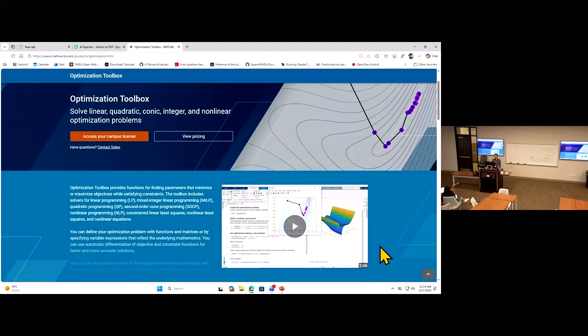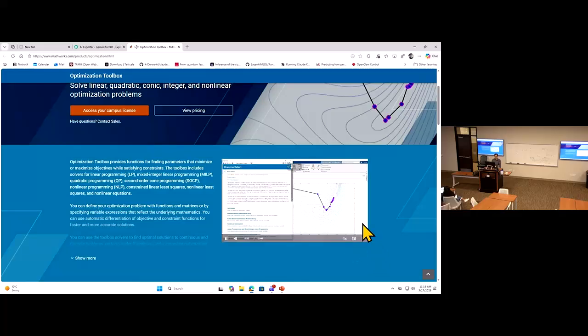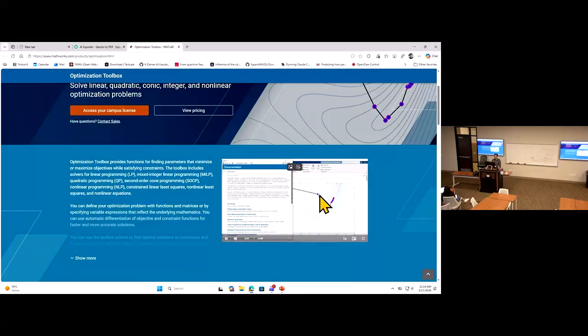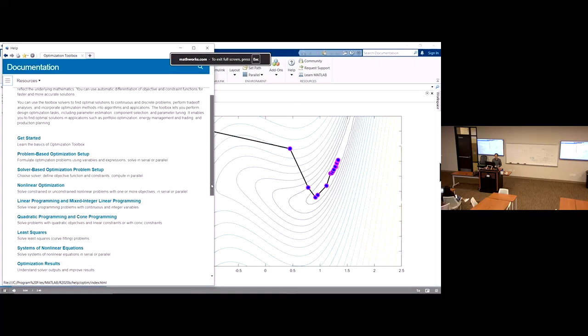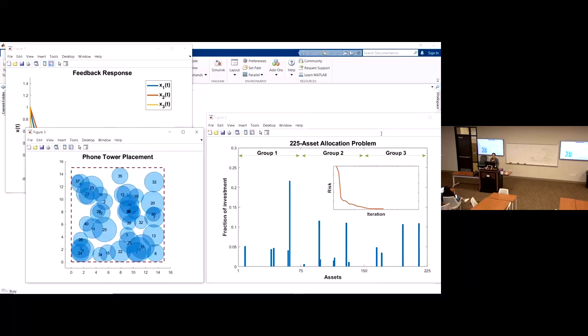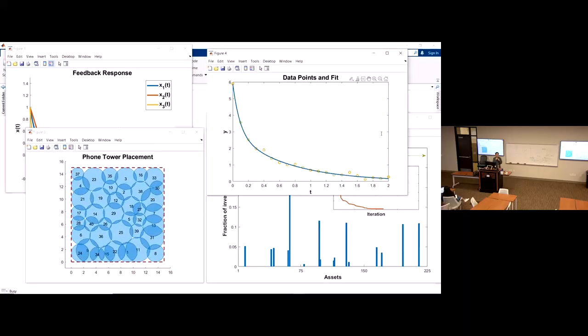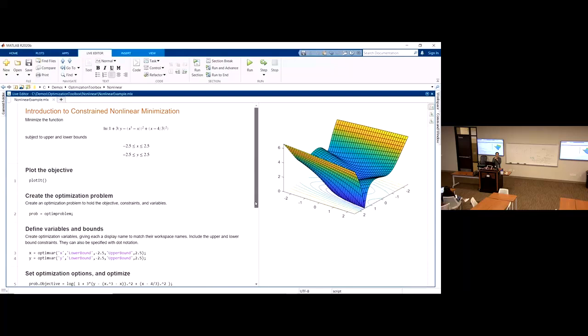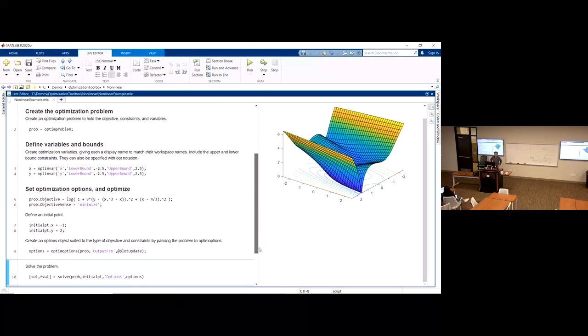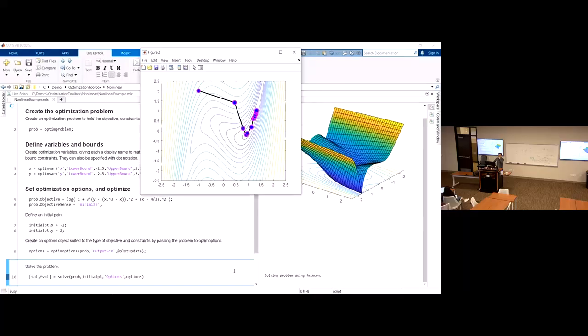It should be quick for Optimization Toolbox to load. Optimization Toolbox provides solvers for finding a maximum or a minimum of an objective function subject to constraints. This enables you to find optimal designs, minimize risk for financial applications, optimize decision-making, and estimate parameters. You can use the problem-based approach to define the optimization variables and their bounds, set the objective, and then solve. On this problem, the solve function recognizes the problem is nonlinear, applies a nonlinear solver, and uses automatic differentiation for